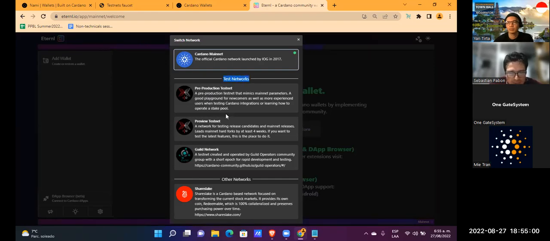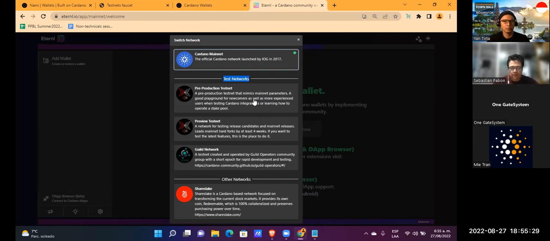In this section, we have the wallet already updated with the two testnets, and we select pre-production testnet. A pre-production testnet that mimics mainnet parameters, a good playground for newcomers as well as more experienced users when testing Cardano integrations or learning how to operate a stake pool.